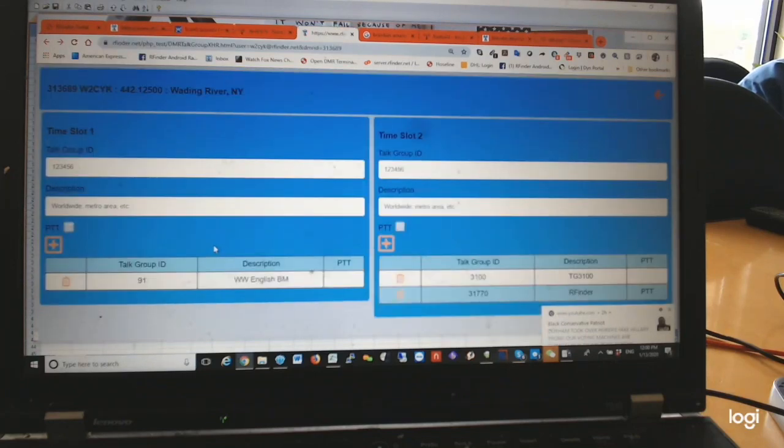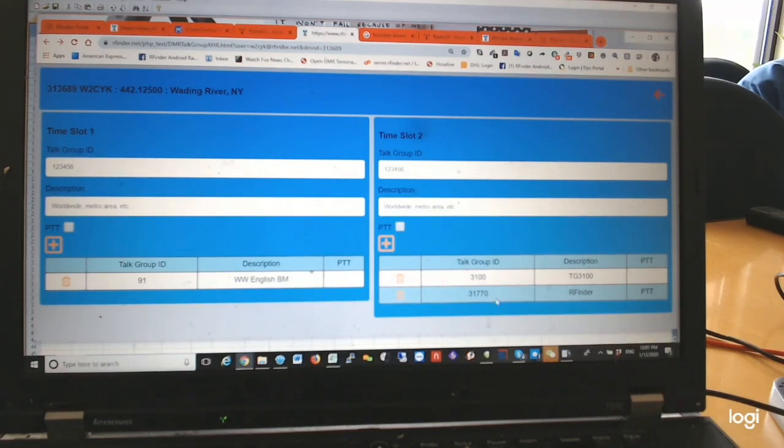So, for instance, this is my machine in Wading River. It's actually sitting in Wading River, New York, in the RFinder lab. And you can see that we have a couple of talk groups already configured on here, the RFinder talk group and talk group 3100 on slot 2, and same thing for 91 on slot 1. So we made it so that we actually have a very easy structured way of managing